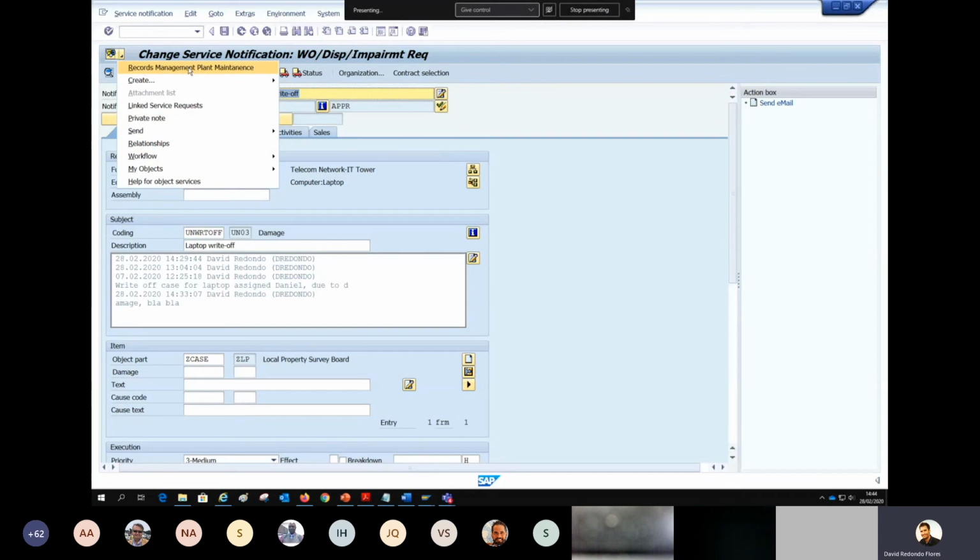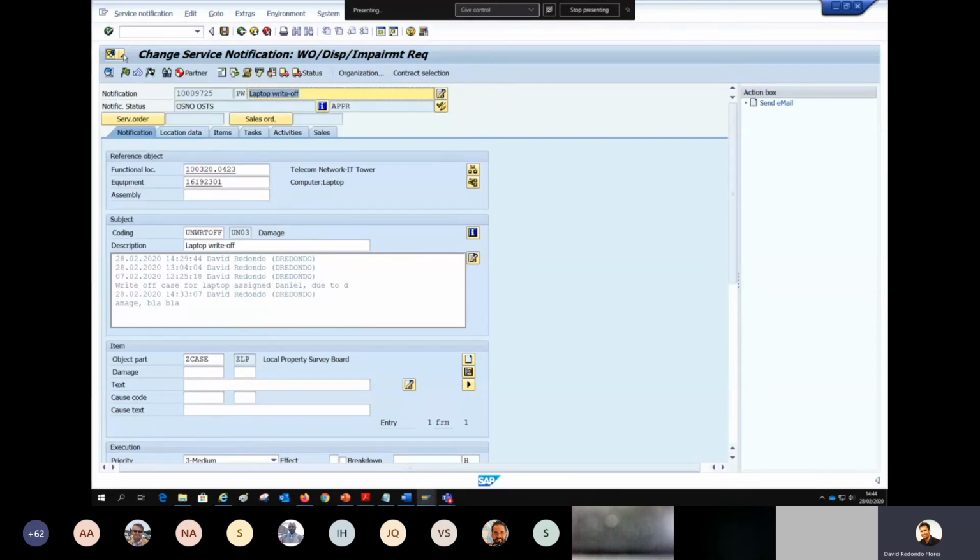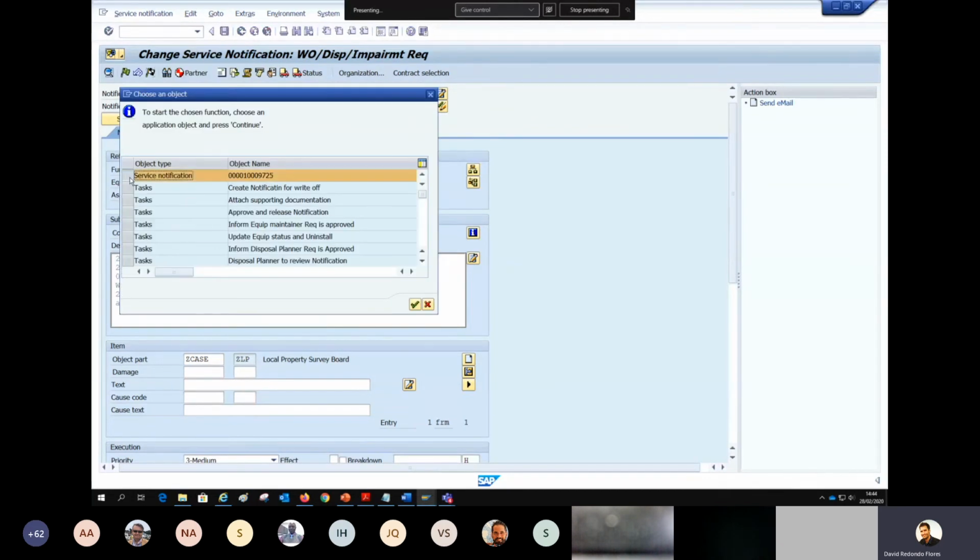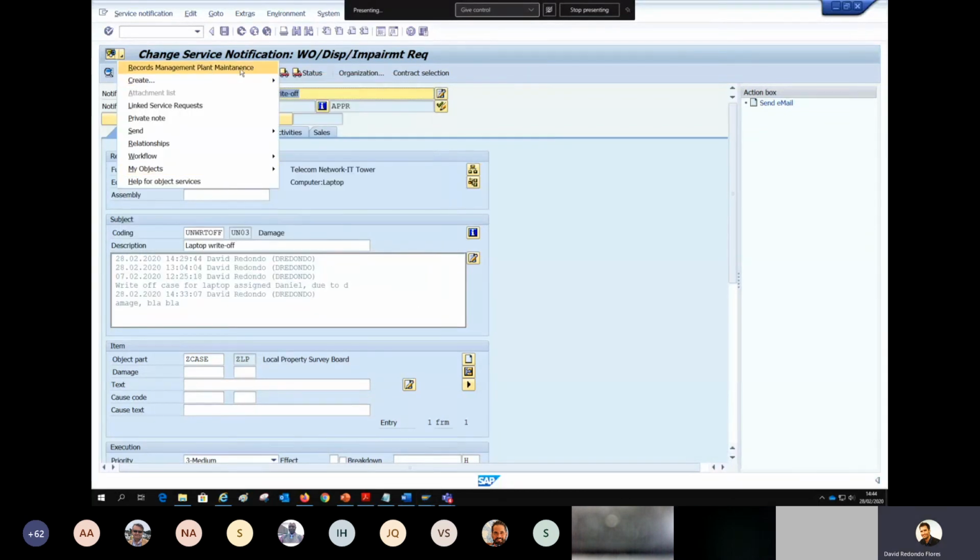And we go to what is called the records management plant maintenance. This records management is the functionality in SAP to attach documents. Okay, so this is to attach in case we need to attach something else. If everything is attached, and if we want to check the attachment as well, we have to go to the same place. We go to this triangle here, we click on service notification, and then we go to the records management,